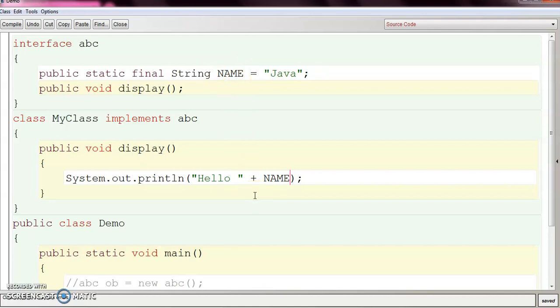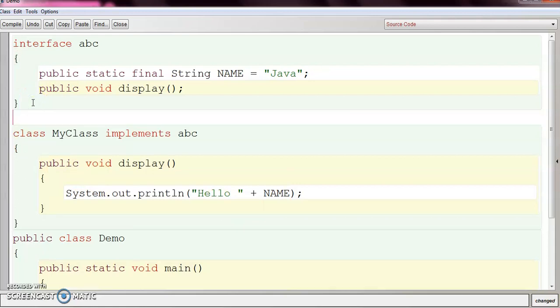Now one thing about interface, a class can implement more than one interface. In case of inheritance, a single class can extend only a single class, but in case of interfaces, a single class can implement more than one interface.